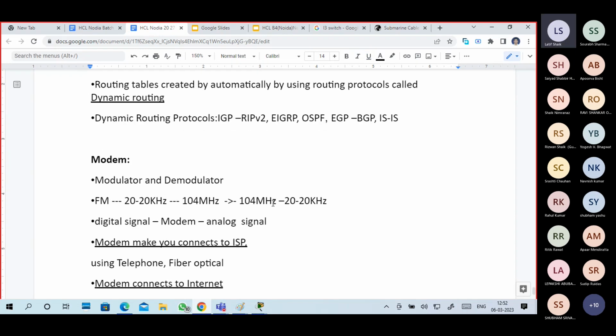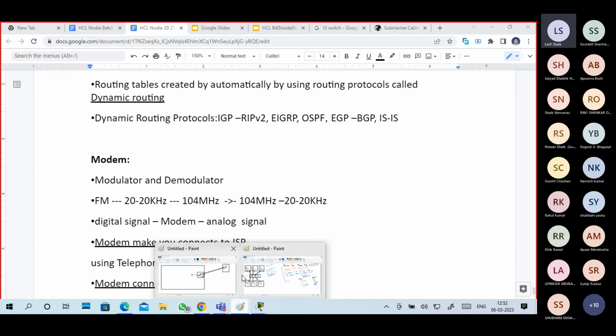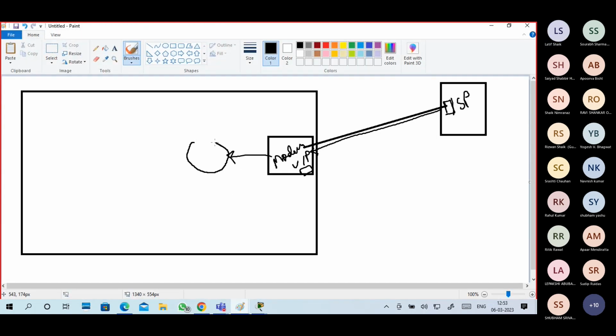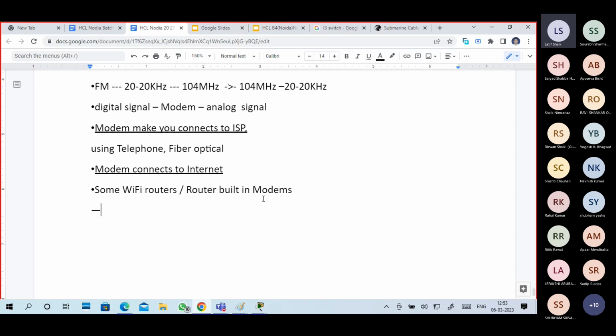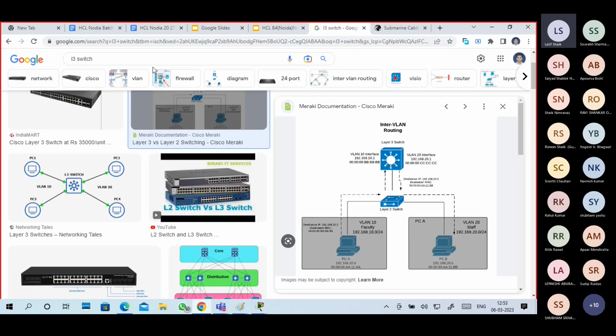Okay guys, that is a modem. The modem is on this side. So modem, router, switch, and your Wi-Fi. This is also one interview question they ask: where is the modem located? It is between your ISP WAN connectivity and your router. In our home Wi-Fi routers, there is a built-in modem. For some types of connectivity, it is separate.